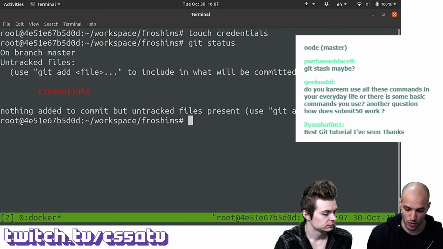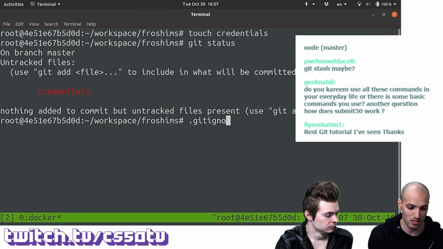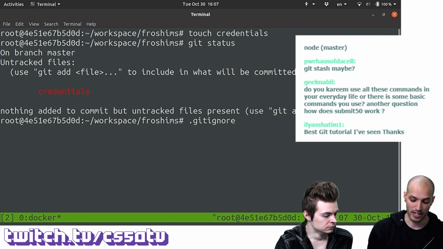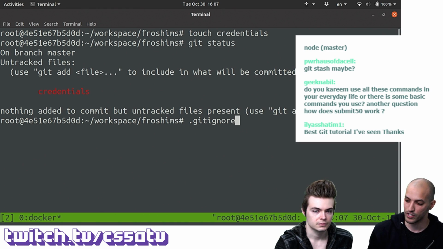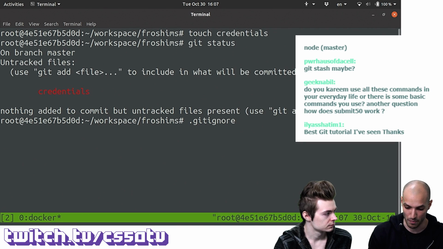So one thing I can do is tell Git, once you see this file or this folder or these particular files or folders, don't care about them, ignore them. And the way to do this is by creating a file called .gitignore in the current directory. On each line in this file, you're going to specify a file name or a path or a pattern for Git to match against and ignore.